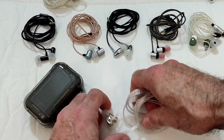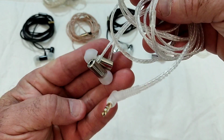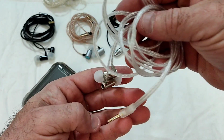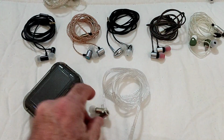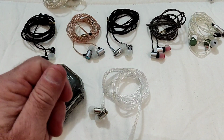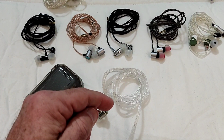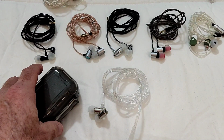and then we bring the actual IEM itself, this bullet style micro IEM sporting a 6mm XUN technology driver, which basically is the same driver as you find in the HM20, the CCA HM20, but that in 7mm, and then the usual 10mm drivers that you find in other KZ sets. Anyway,